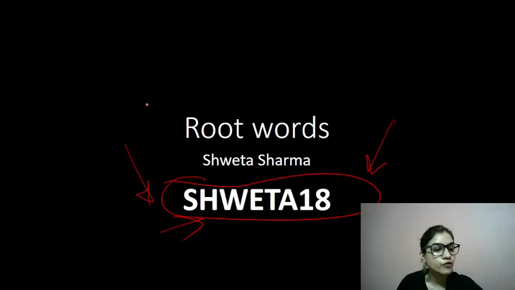Right, I see many of you have joined us, guys. In case you have any doubts as you proceed with the session, please do keep posting your doubts here. I'll be taking care of the doubts and the comments you have in the chat box itself. Right. So today we're going to talk about the most common root words.